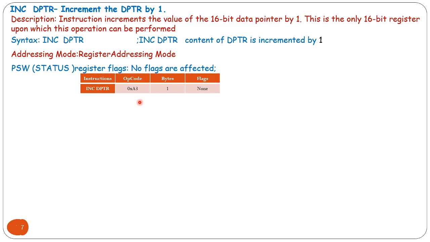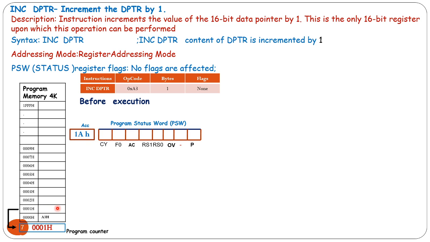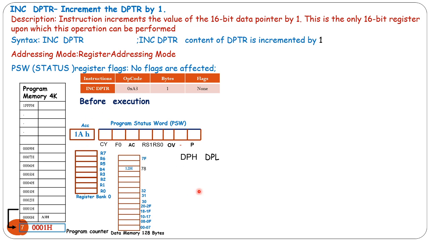Let us suppose this instruction has operation code A3H, INC DPTR, a 1 byte instruction, none of the flags affected. Before execution, A3 will be in program memory for execution, and the content of the program counter is now 0001H, and that instruction gets executed. The previous content will be, suppose, the lower byte of DPTR, DPL, is 89H, and the higher byte is 90.